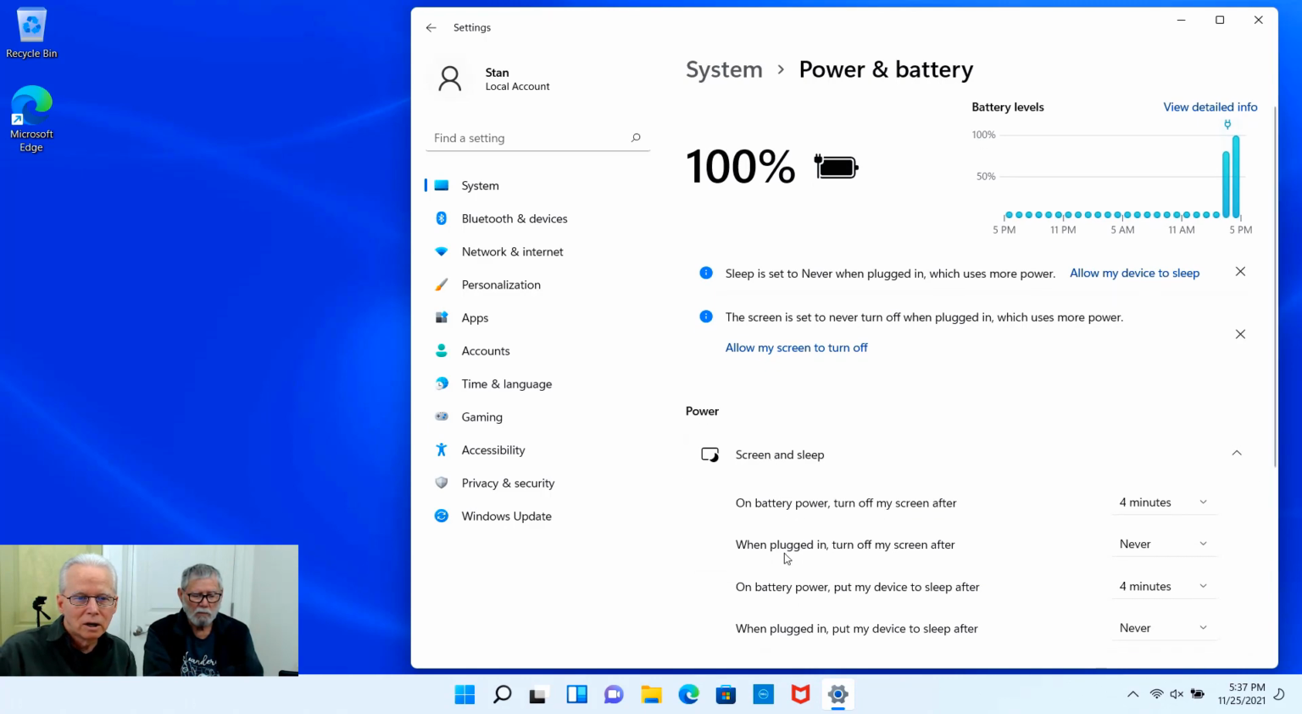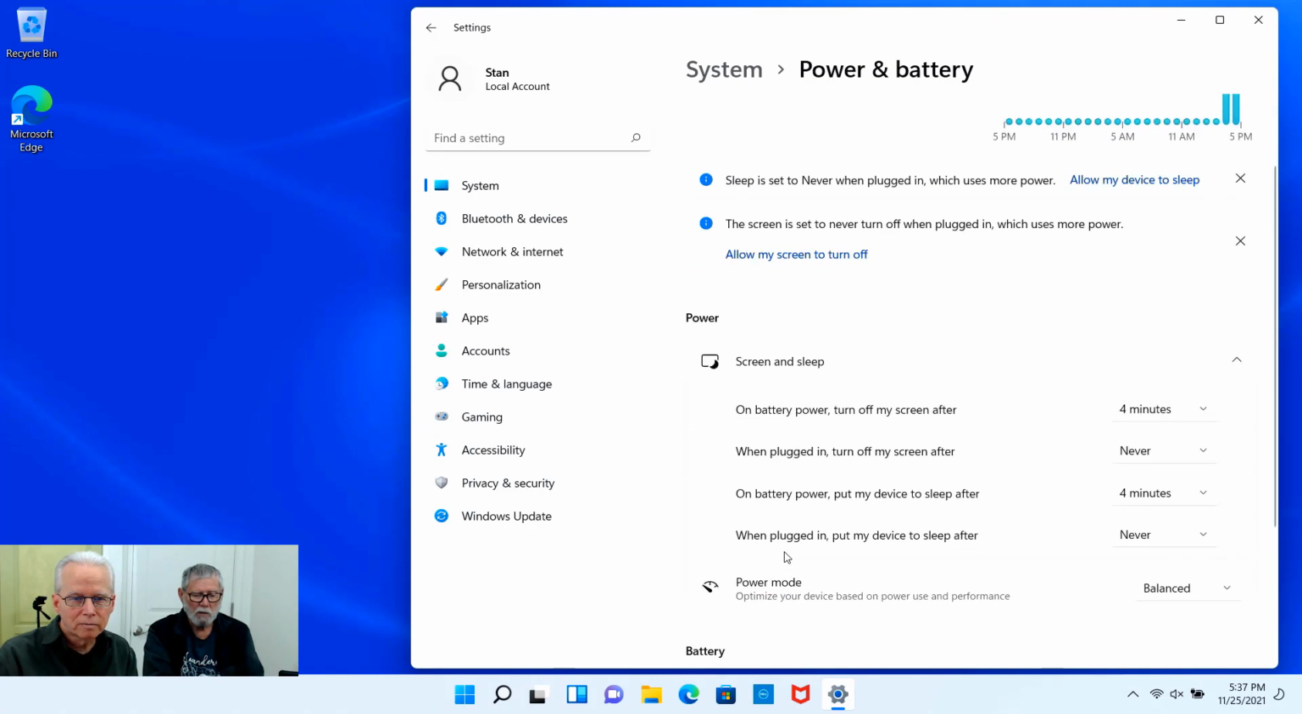Okay, so here, when plugged in, turn off my screen after never. I think the default, if you were watching the video when I made that change earlier, was set for 10 minutes for turning the screen off, and for plugged in, put my device to sleep after, it was also set at 10 minutes, and I changed it to never. So those are the two things we want to change before letting it go through all those updates. Close this window with the X in the upper right corner,